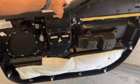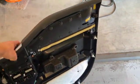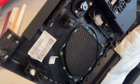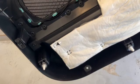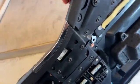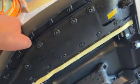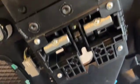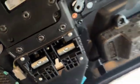Alright, so we got the door panel off. I was wrong, I didn't have to pull up. I had to pop it out, start at the bottom, pop all those things out. Once I had all those clips popped out, then I lifted it up off the door frame right there. To get your door handle out,